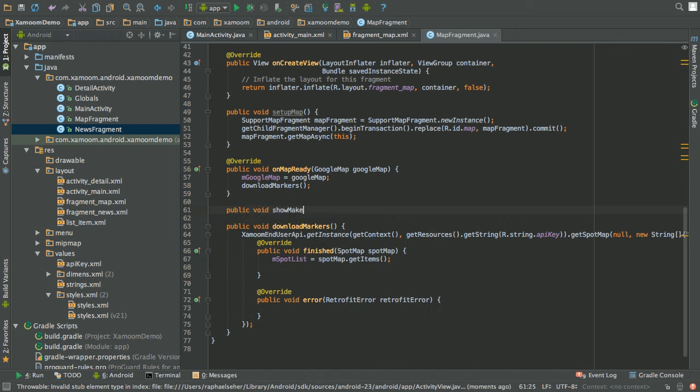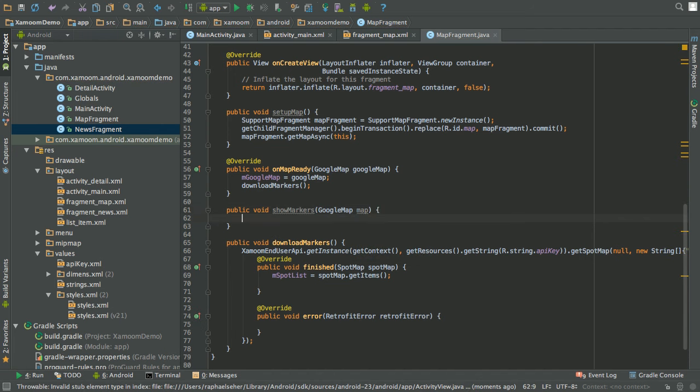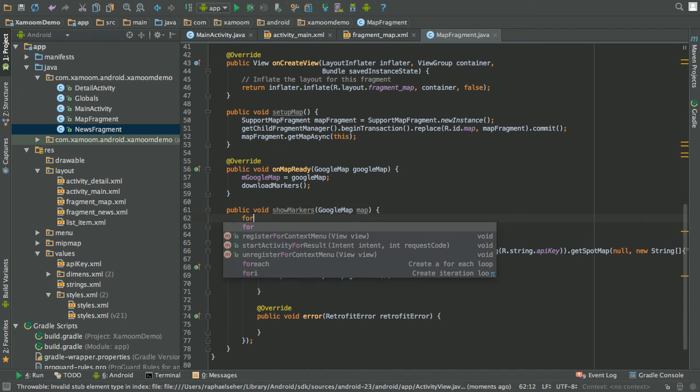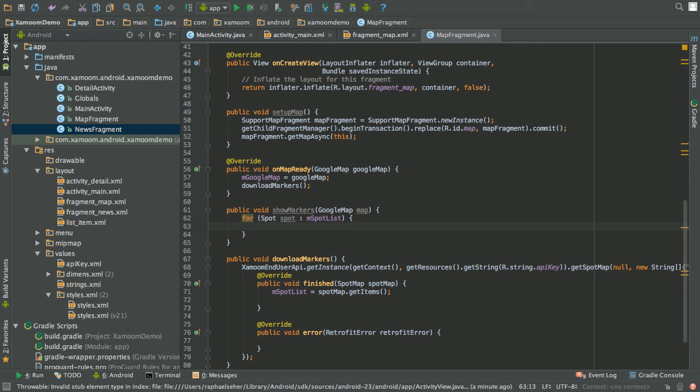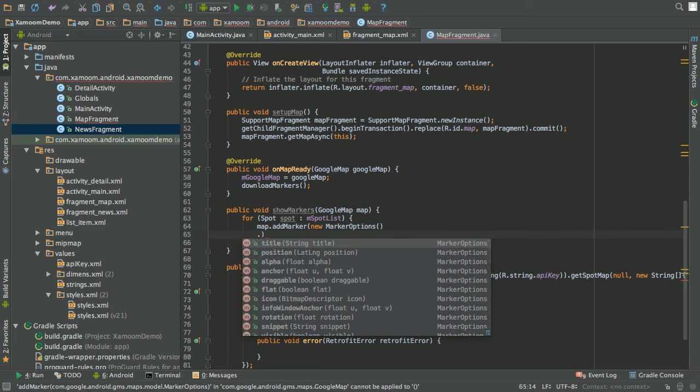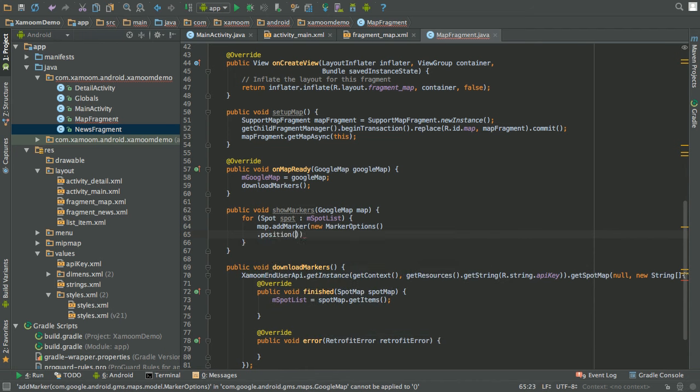Now we're missing a method which is called show markers. This one gets the map on which we want to show the markers, and for each spot in our newly loaded spot list we create a new marker, give it some options, in our case just position, which is a lat long object,